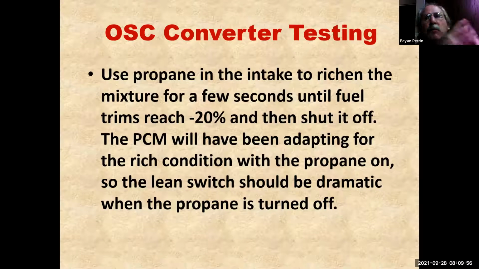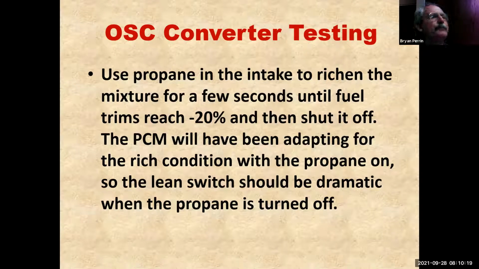The reason why we want to try to use this 20% is because I need to add a different amount of propane if I'm working on a 4-cylinder engine or if I'm working on a big V8 engine. But 20% is always 20%. So I need to add more propane to make 20% on a big engine. But it's still the same relative change, which means my test values are going to be consistent, which is what